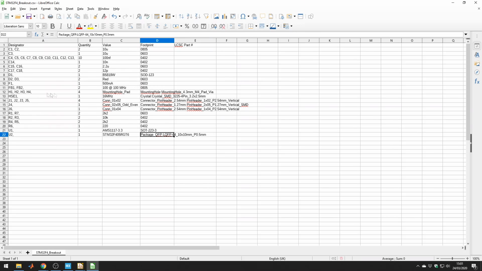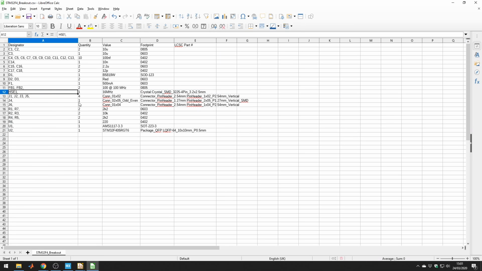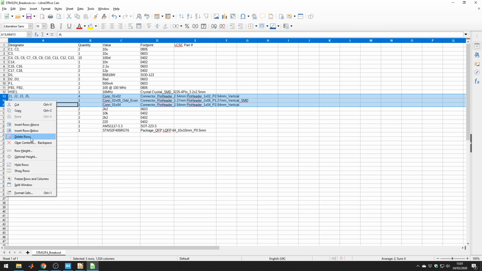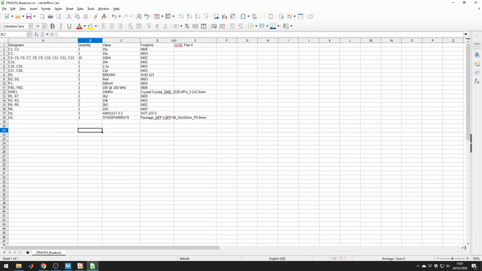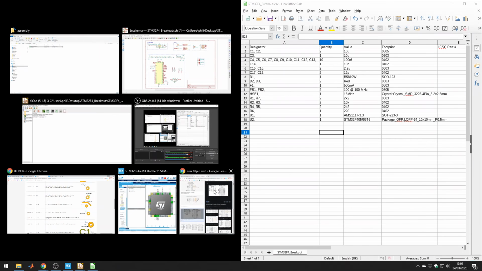Okay, as you see here, KiCad has also exported the mounting holes. You can delete that, that's not a part. Unfortunately, JLCPCB doesn't provide assembly for through-hole parts and connectors and stuff like that, so we can take that out of the BOM as well. But other than that, now what we need to do is have that open and